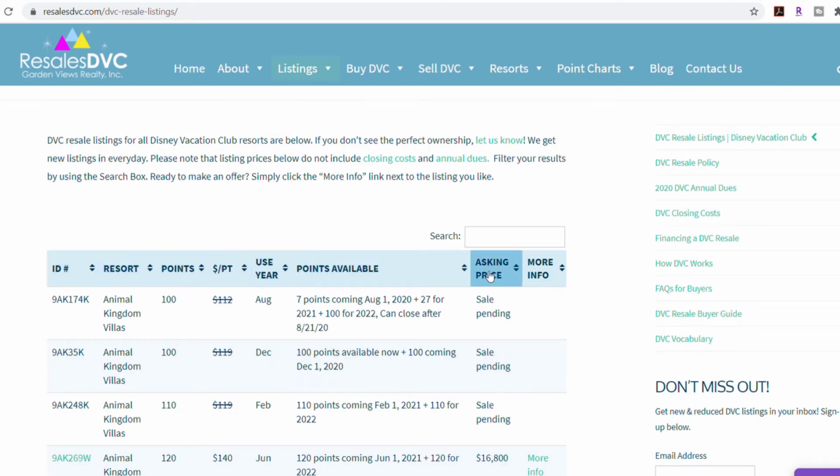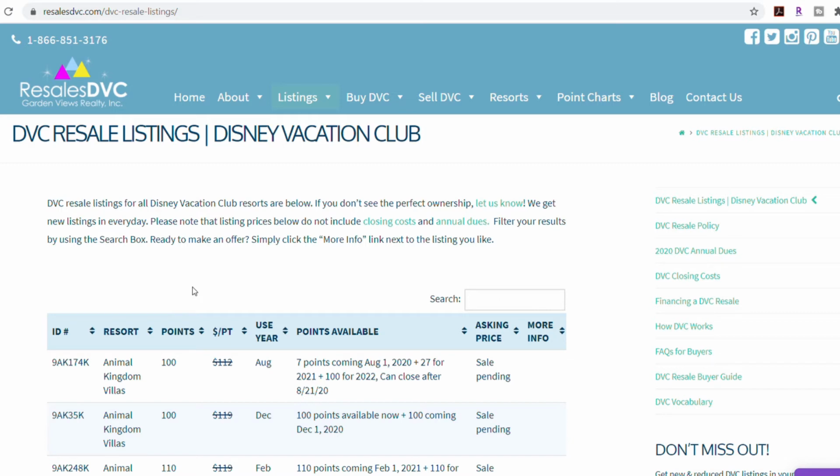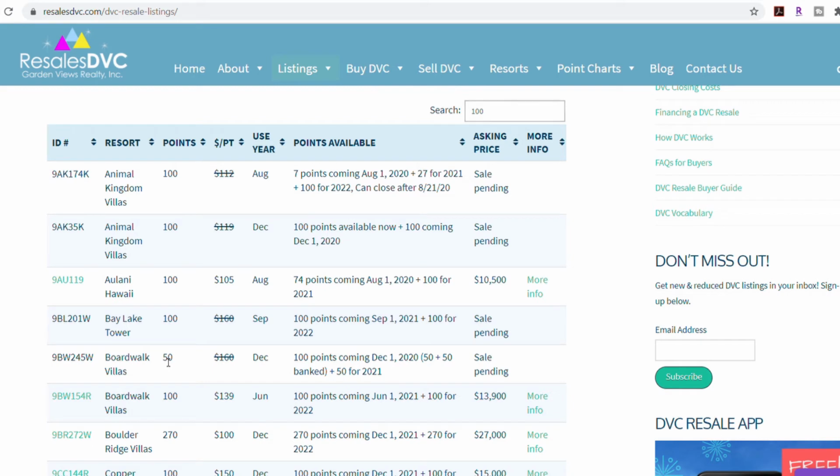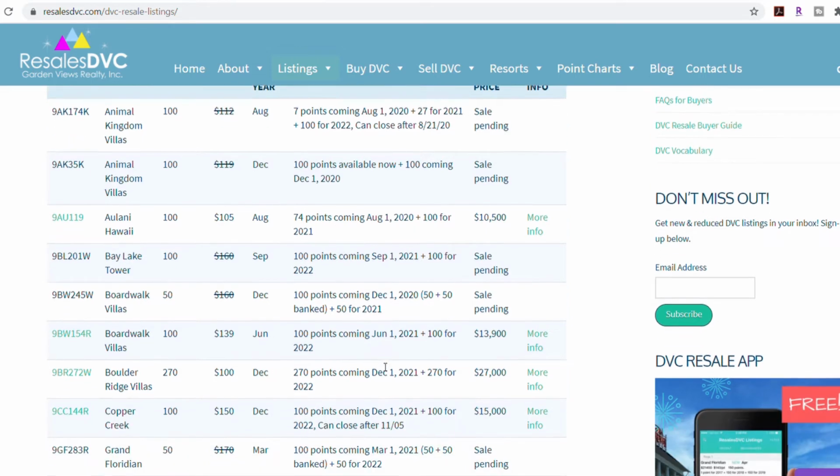There is, however, no clear-cut way to specify a range for your maximum price per point or contract price. Same with the number of points. You can use the search feature, and that works out sometimes. For example, if you want to search 100, that will mostly populate 100-point contracts, but it's not always going to work. For example, here you can see a 50-point contract, but because there are 100 points coming from banked points, this is coming up in your search. Similarly, this is a 270-point contract, but because it's listed at $100 per point, it's coming up in your search